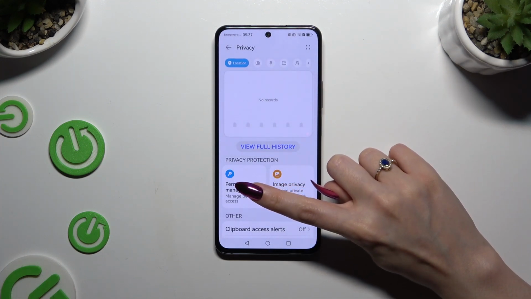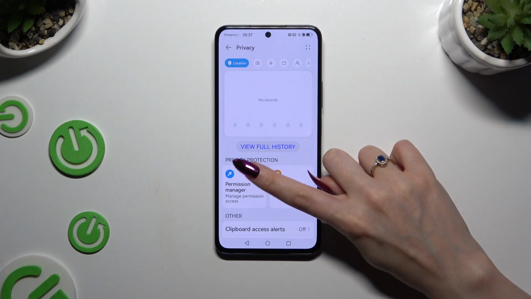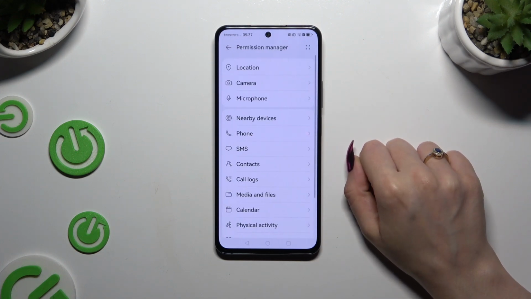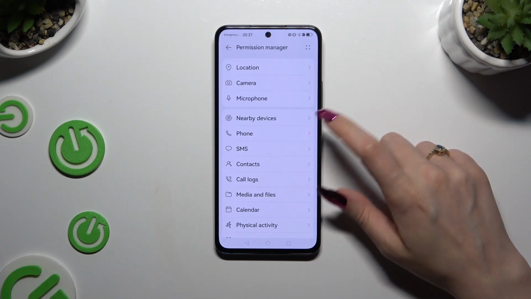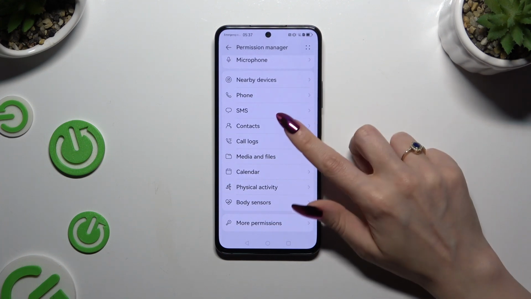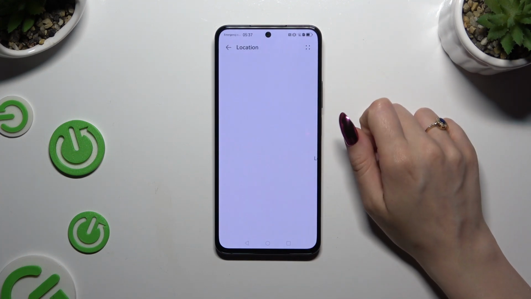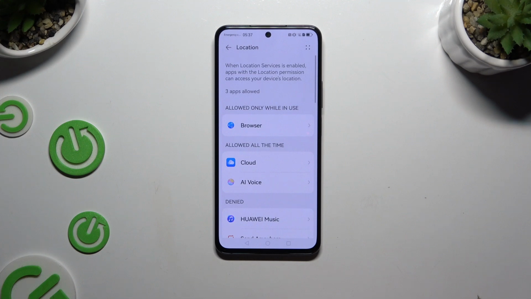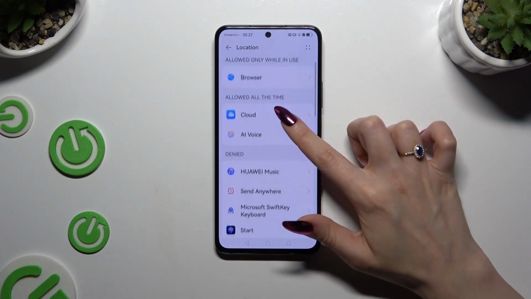Then click on Permission Manager right away. And click on one of your device's features that you wish to manage, or tap on any of them to find an app that you wish to manage instead. Either way, after tapping on one of your apps under one of those sections,